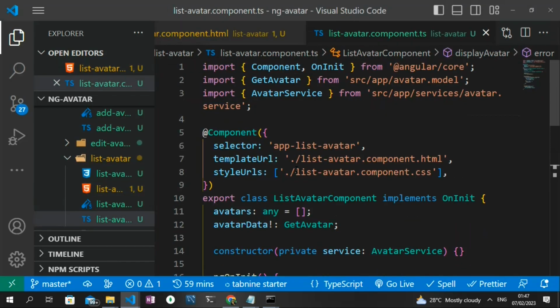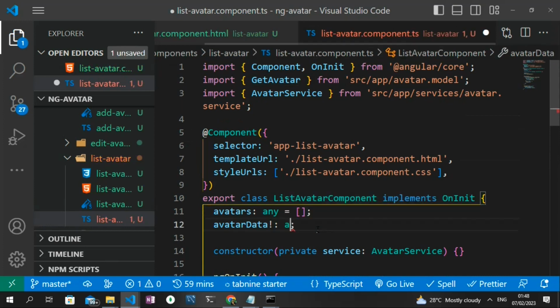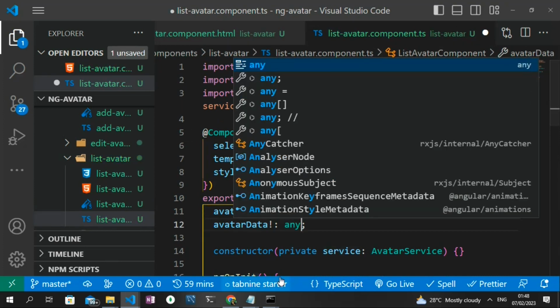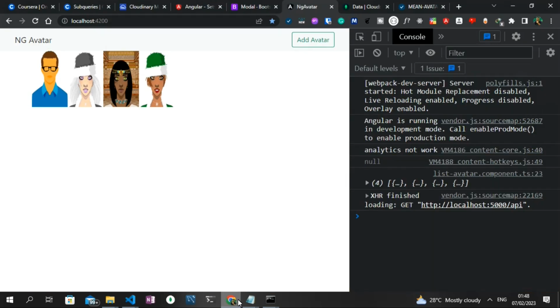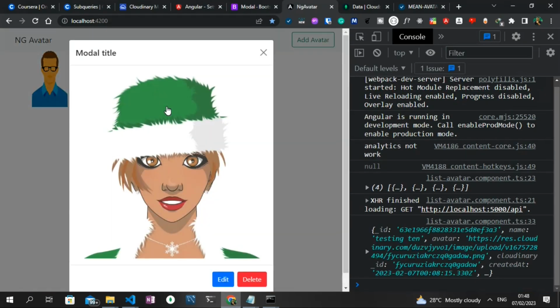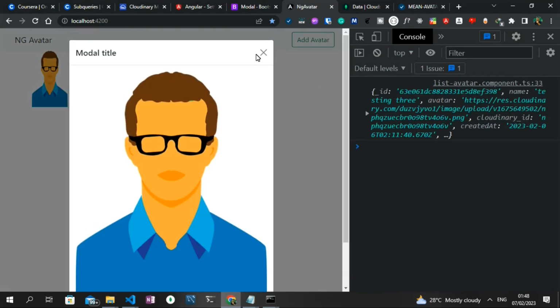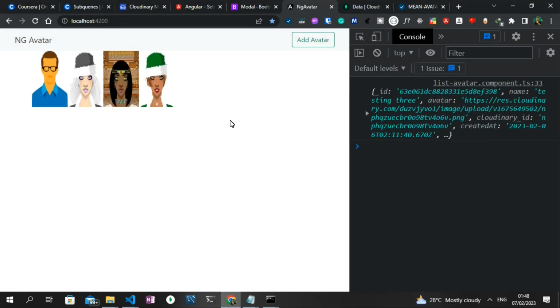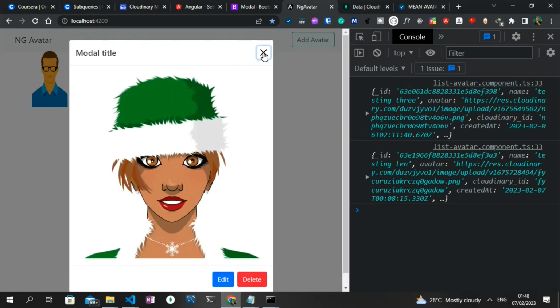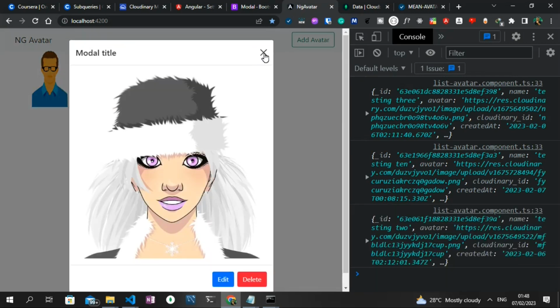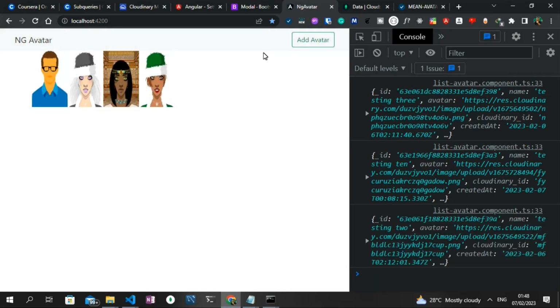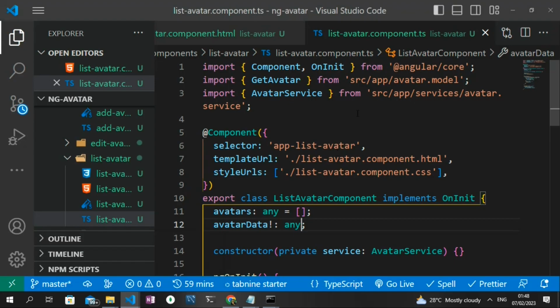If I change the type of this avatar data probably to any, I believe that error should disappear, which it just did. So probably we should just stick with type of any and not have to deal with that warning. So with the way the modal works now, it's now dynamic, but one thing I want to do is make the modal have its own components instead of implementing it inside of the list components, just like we have